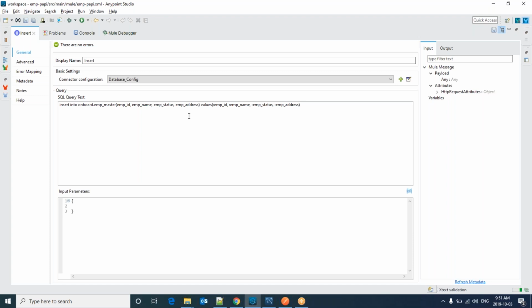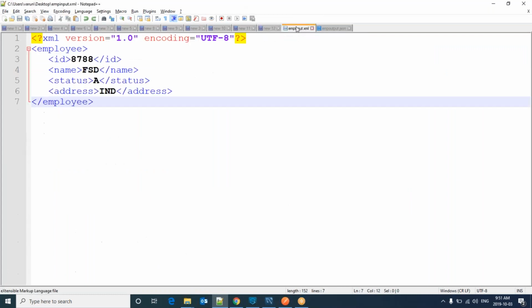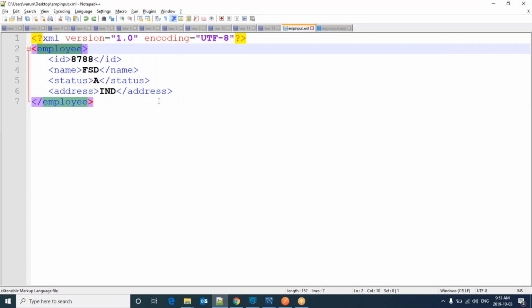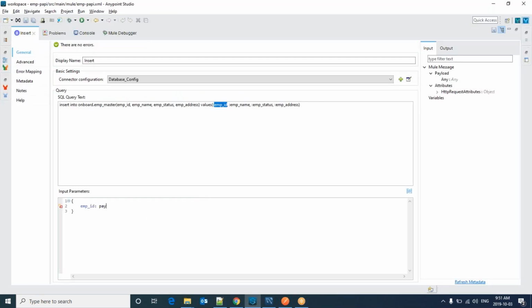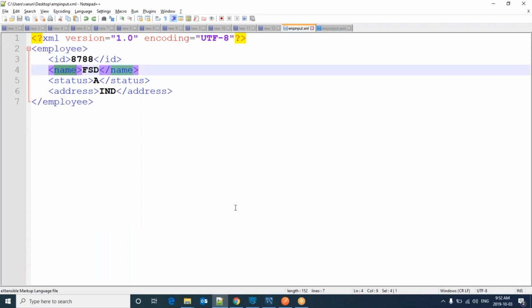And to prepare the input payloads, we know, right? We just need to get the named parameter, and the corresponding mapping would be from our request. Actually, we are going to send an XML payload. I have already prepared an .xml file for that, and we are going to have employee dot ID. So it should be payload dot employee dot ID. And next we are going to have emp name, and for that mapping we will have payload dot employee dot name,